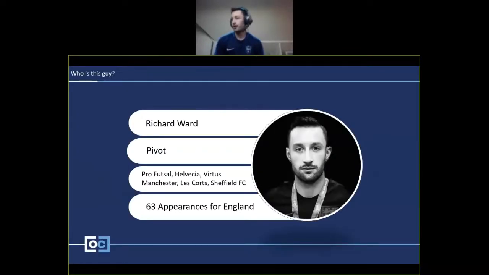So, like I said, there you go, bottom of the page, 63 caps for my country, playing as a pivot, also played a bit as a winger. For those of you who've seen me play more as a false, played for quite a lot of clubs. Started out at Sheffield FC, learned from Janio Cruz, spent a lot of time with Brunel. I'm sure everyone knows Janio, big name in the game. Took a year abroad, went to play in Barcelona for a year, learned a lot there. I think that definitely helped me develop an idea of the tactical side of the game a lot more, playing in Spain. I'm sure those of you who've watched even a little bit of futsal in the professional sense appreciate the Spanish player very, very tactically compared to the other nations. So that really challenged me in my game on that side.